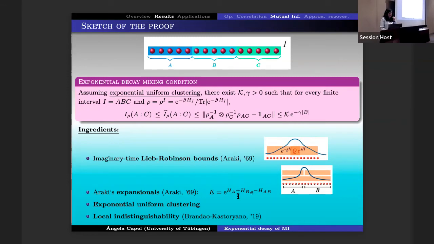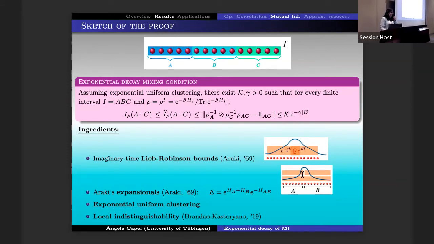So they are just the product of these two exponentials that I write here. And if the Hamiltonian was commuting, this would just be the exponential of the terms of the Hamiltonian in the boundary between A and B. Since it's not commuting in general, you see that the situation is a bit more subtle, but it's something that decays very fast, as I'm writing in this picture here.